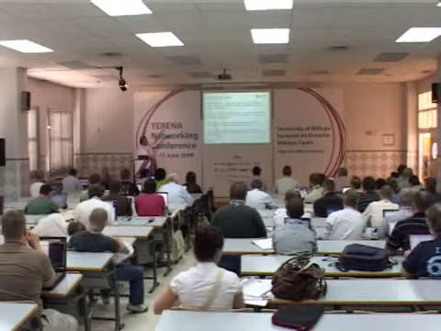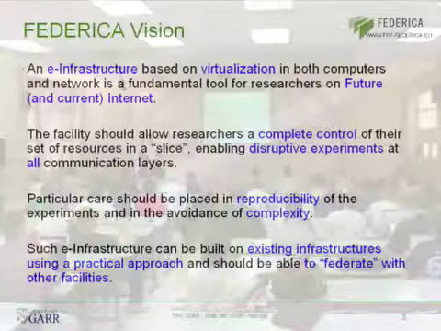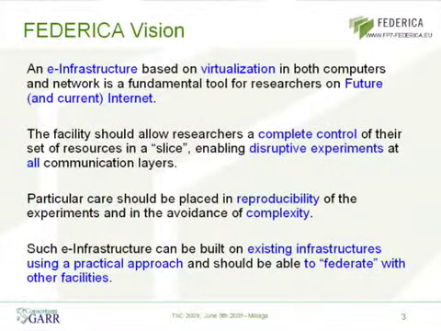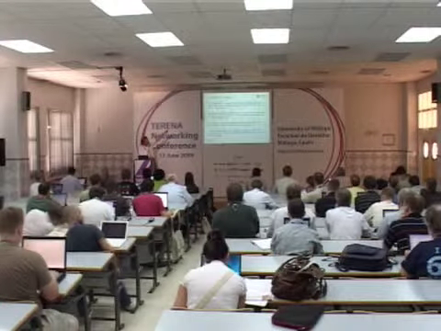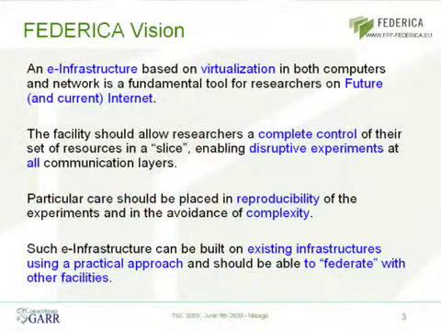The first fundamental requirement is that if you are serious about testing future ideas, then you probably want to disrupt what you're testing on. You want to see the limits of your network, of your infrastructure, of your ideas. So these facilities should allow complete control to the user up to almost all the layers of the experiment. So the larger the amount of control you might have on the equipment, on the resources, the better it is for you. You have more responsibility, but at the same time you can test more complex environments. So this is why facility, virtualization, complete control, and then all communication layers, so try to have all layers available